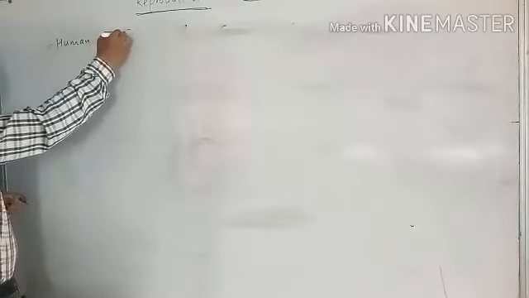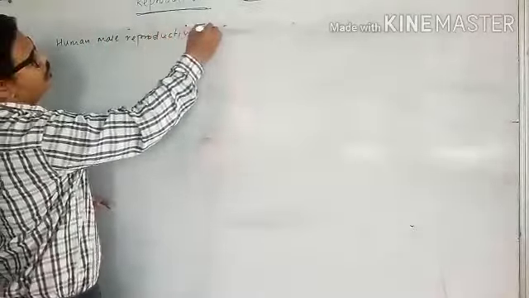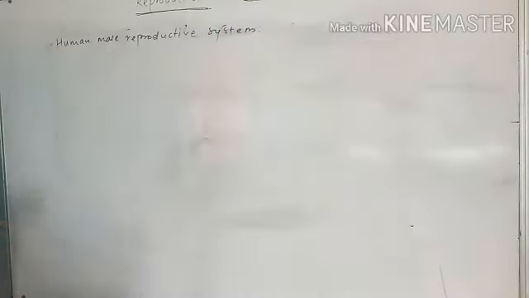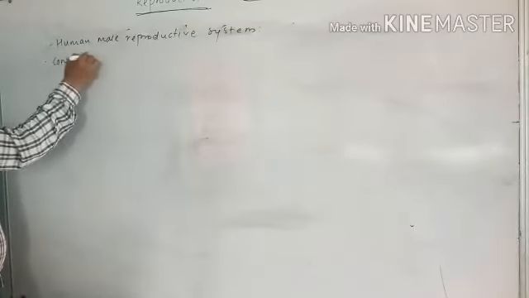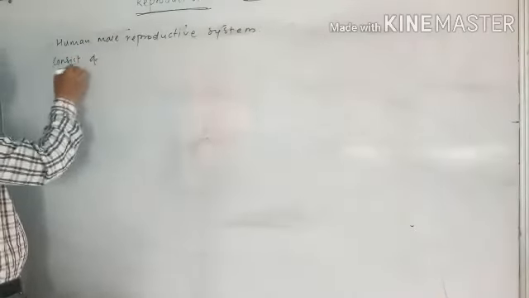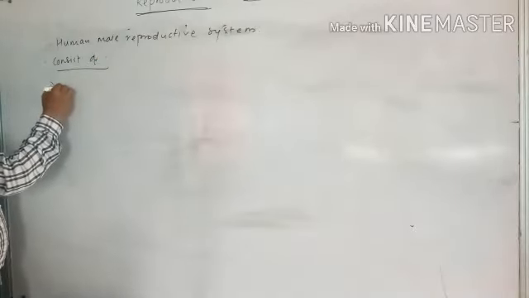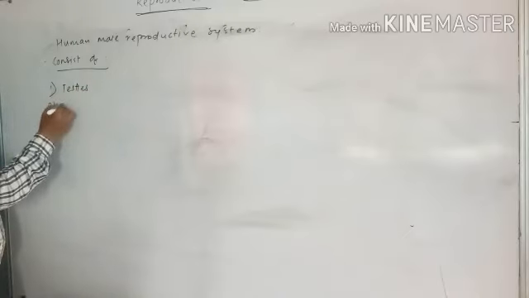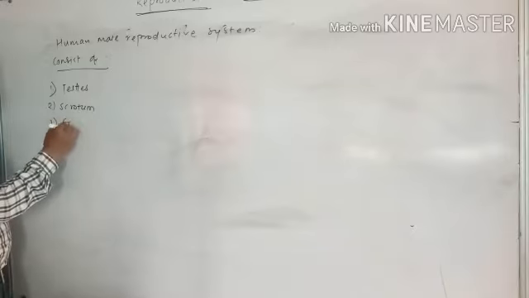Human male reproductive system. The human male reproductive system consists of, first, a pair of testes, the male primary sex organ, then the scrotum, then